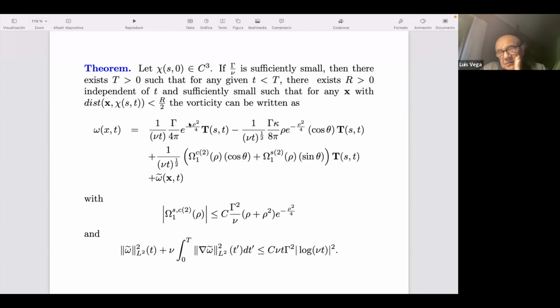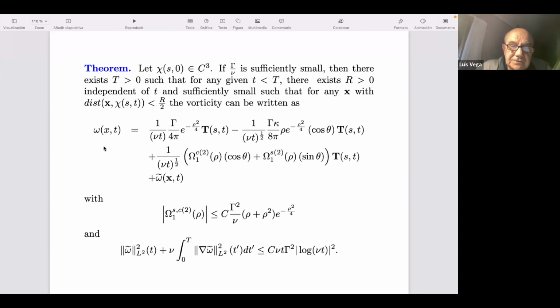But remember that what I do want, although this seems a real abstraction, it is not such, if you pay attention to what I want to do. What I want to do is to see how the singularity I have at time 0 desingularizes due to the viscosity. And of course, viscosity starts to act very fast. So I am going to see the singularity only for a small time. So this is precisely the time I need.